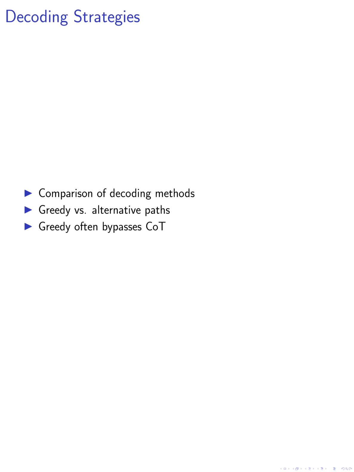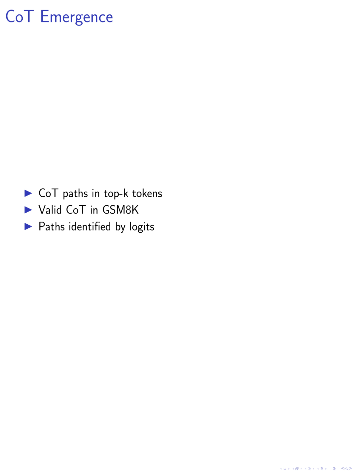Further investigation into the model's behavior at the initial decoding step with alternative top-k tokens unveiled that CoT paths naturally emerge in many instances. For instance, when examining the GSM-8K question set, a valid CoT path became apparent when considering the ninth most likely